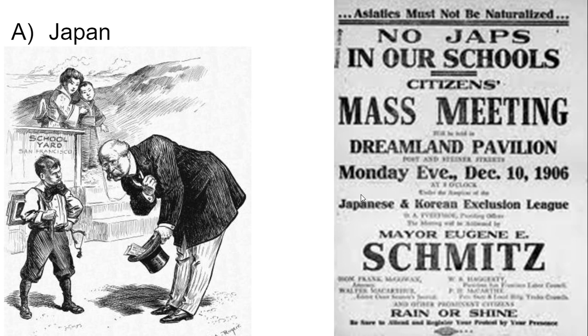In addition to this, he's able to negotiate a solution to the problem of racism against Japanese people on the West Coast. There was a movement to ban Japanese people from public education and to expel Japanese people from the country. You've got to remember, this is in the era of the Chinese Exclusion Act and some pretty significant anti-Asian racism. And so Theodore is able to negotiate what's called the Gentleman's Agreement with Japan,